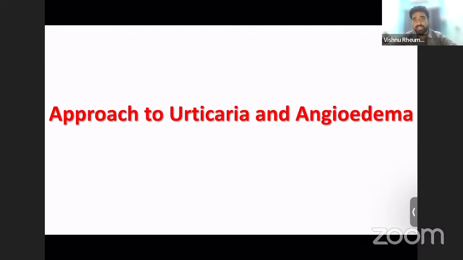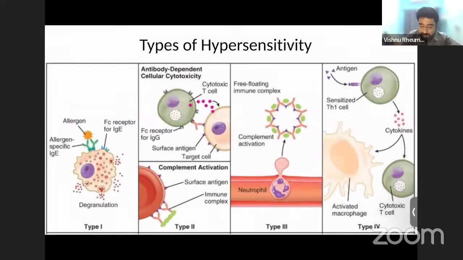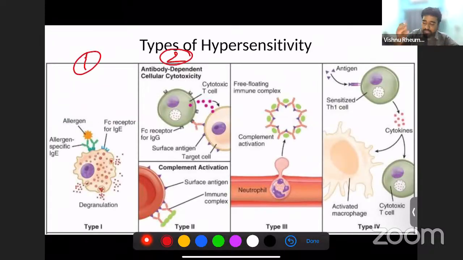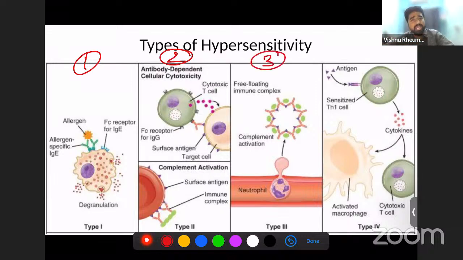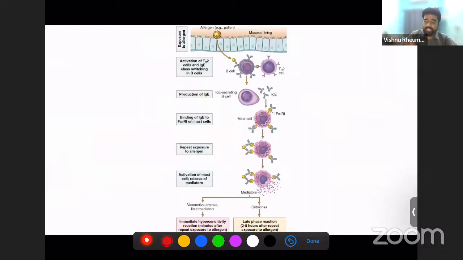So types of hypersensitivity is something that you know: type 1, type 2, type 3. Type 1 is what we are going to deal with. It's your IgE mediated hypersensitivity. Type 2 is antibody mediated: either the antibody will directly kill the particular cell or act via complement. Type 3 is antigen antibody complex mediated hypersensitivity, and type 4 is cell mediated hypersensitivity. So 2, 3, 4 we are not going to touch here, but it is mainly the type 1 hypersensitivity that